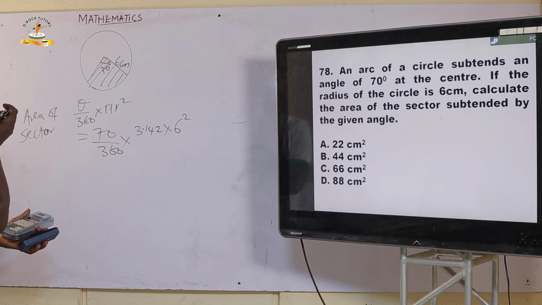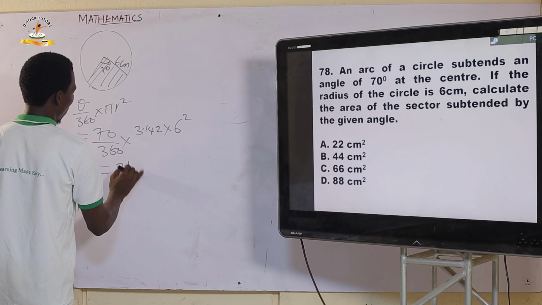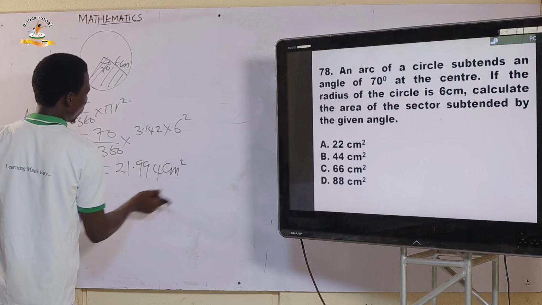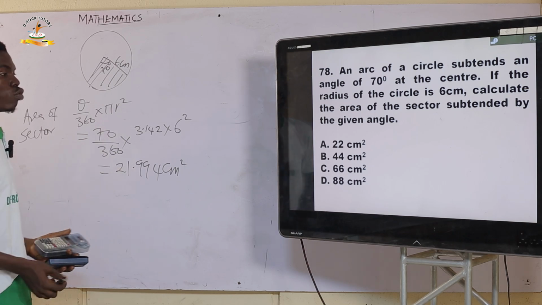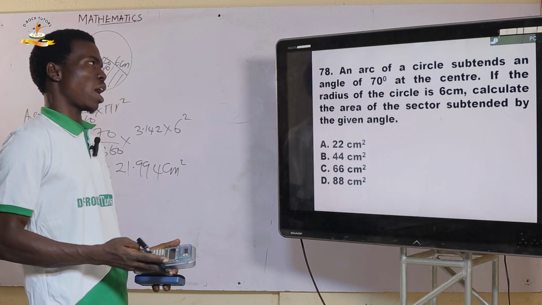And this is 21.994. So my answer here is 21.994 centimeter squared, which is approximately 22 centimeters squared. That is option A for that question. Our next question,